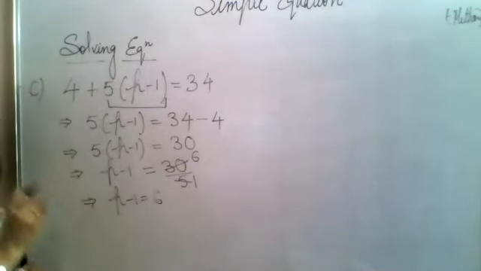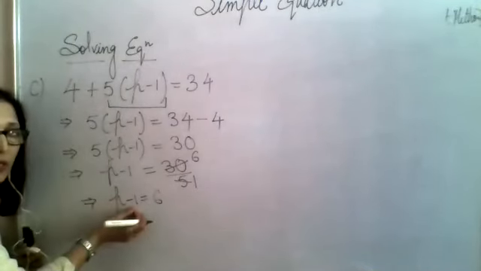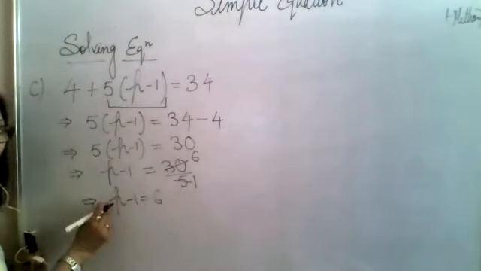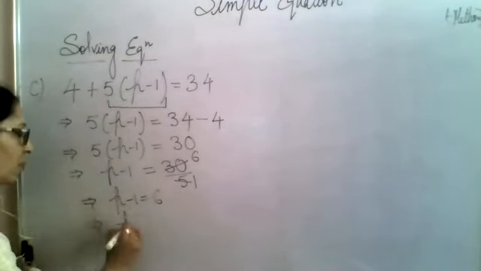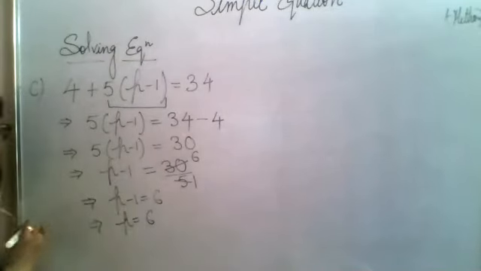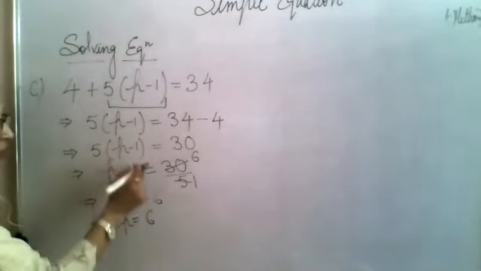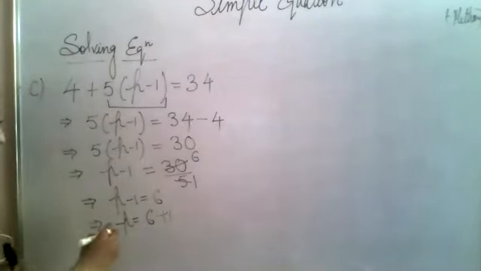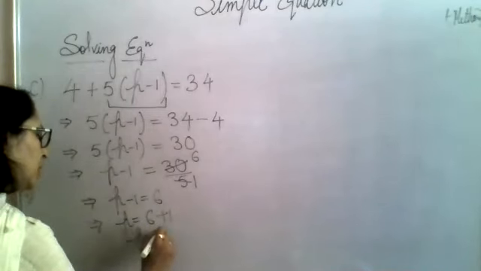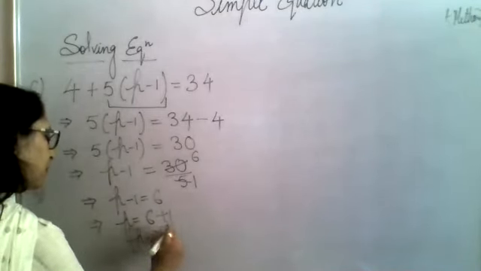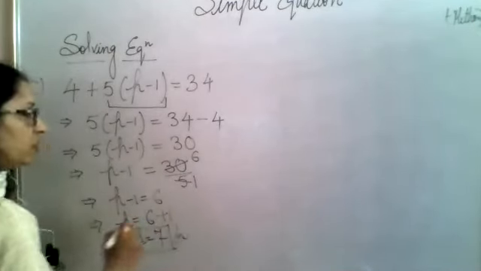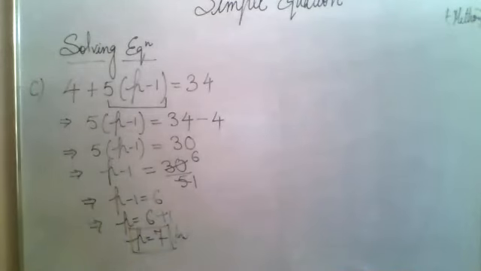I have to find out the value of p. This minus 1 is remaining. I will shift this to the right side. So I will write p as it is. So p equal to, what is already written? 6 plus 1. Because it was minus 1, will shift this side, become plus. So your final answer will be p equal to 7. And as I told you, how will you do checking that your answer is correct?